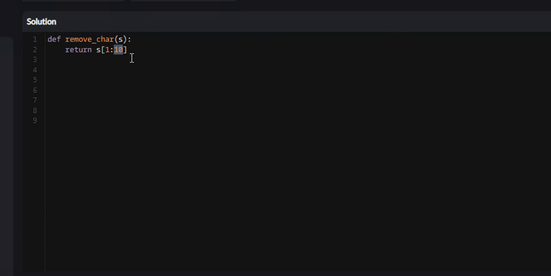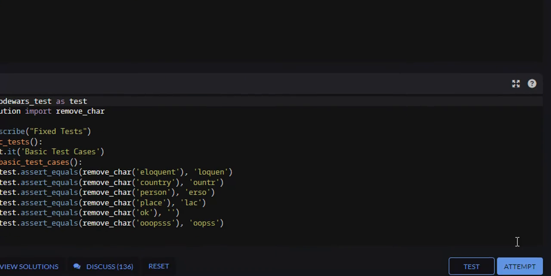Now, given this information, we can return a range from our string. The range we would want is from the first element to the last element minus 1. Well, there's a way to do that, and it's with negative indexing. What this does is this specifies the last element. With -1, since list slicing is non-inclusive, meaning it goes up to the last element, this won't return the last element. So what this is going to do is return from the first element to the last element minus 1. And if we attempt this,